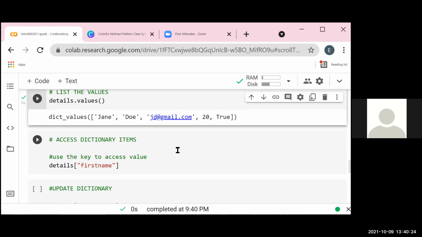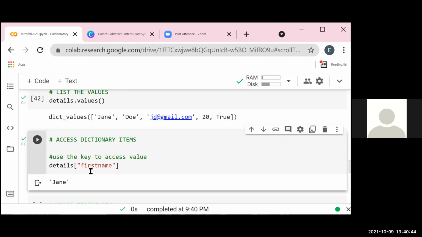So now here is where the difference comes in. This is where we need to use the keys to access the values. So for example, we want to see what the value of first name is. So we get Jane. To access the values, like Jane, Doe, we need to use the key.